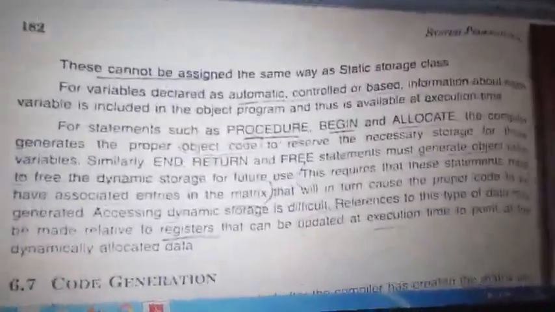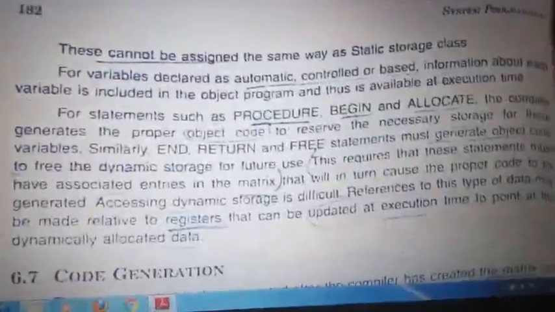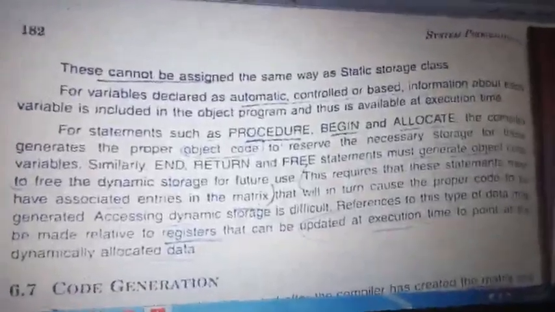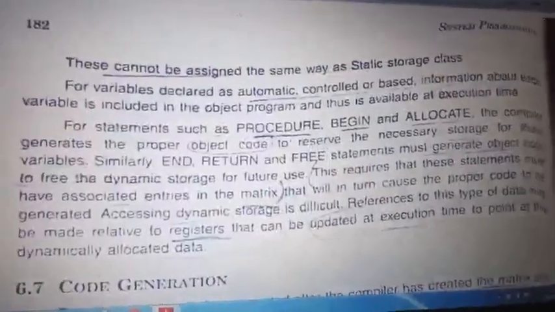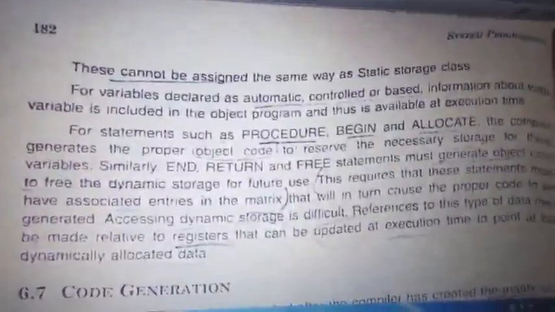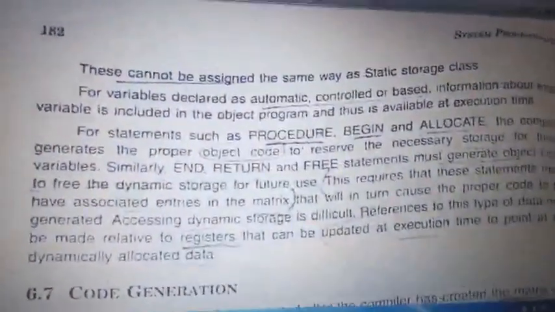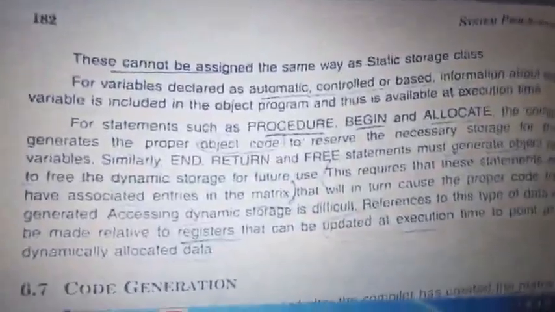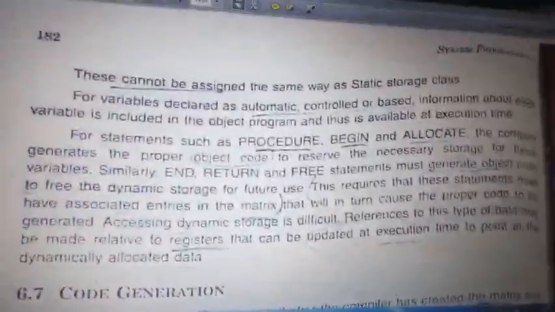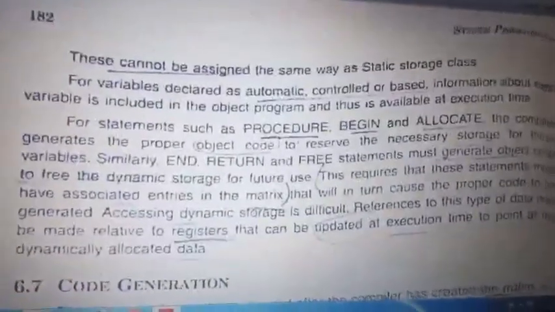If you have specified a variable, it will reserve storage, with the first location being 0 and the second location being 4, because each takes 32 bits. Clear? And there are 4 different types: static, controlled, automatic and based. Static means it is fixed, whereas based is used dynamically. Automatic is for variable declaration, and controlled is for a common block of data, or a block of area to be controlled, like an array. Apart from that, if you have a procedure, begin, allocate, then dynamic allocation and dynamic reallocation of storage will happen for this.